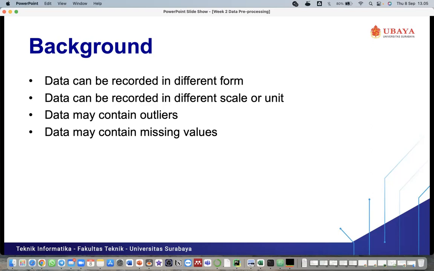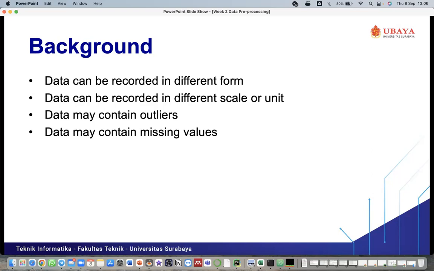And the last one, data may contain missing values. It can also happen because of human error. Maybe the staff forget to input some of the data, then it will be missing values, which means the data has null values.